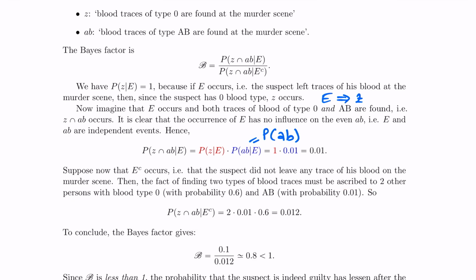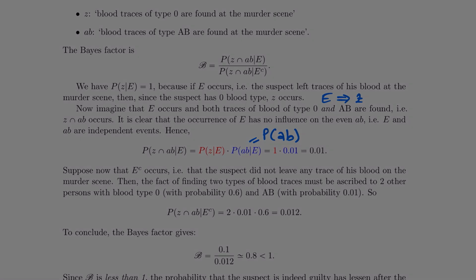One of these persons must have blood type 0 with probability 0.6, and the other must have type AB with probability 0.01. So this probability is this product plus this product another time, that is 2 times this product, which gives